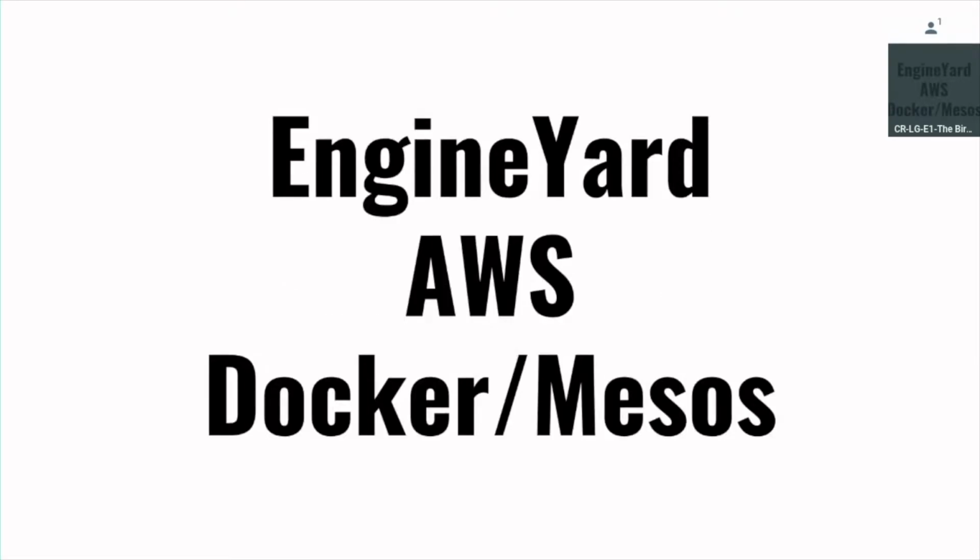We had a similar situation with our deployment pipeline. We started out with Engine Yard, which, at that time, was kind of a thin wrapper on Amazon Web Services. They managed our database and our load balancing and did a lot of deployment for us. We eventually migrated to Amazon Web Services Classic and then VPC, and now we basically run everything inside of Docker